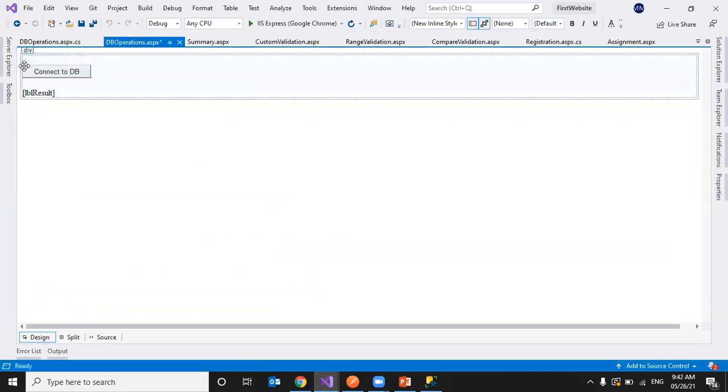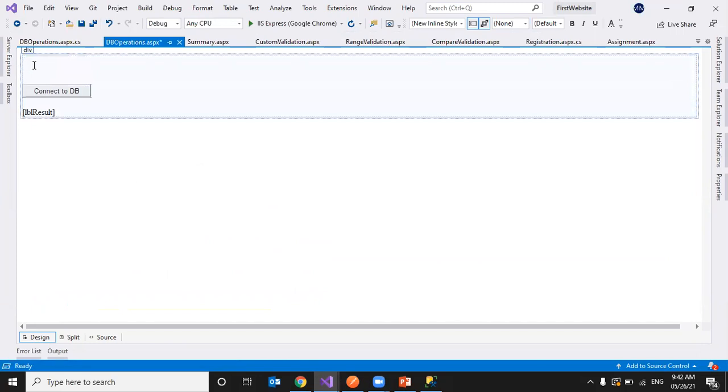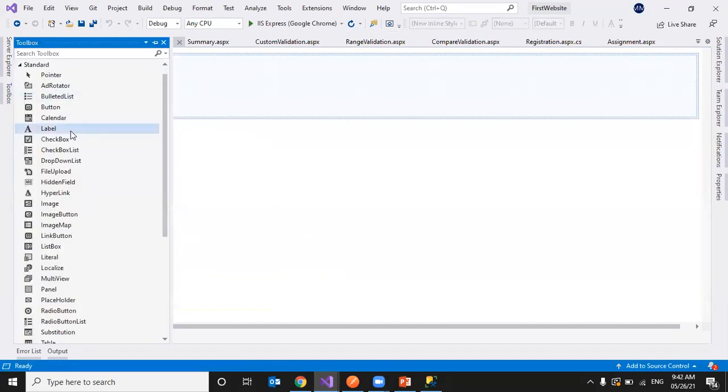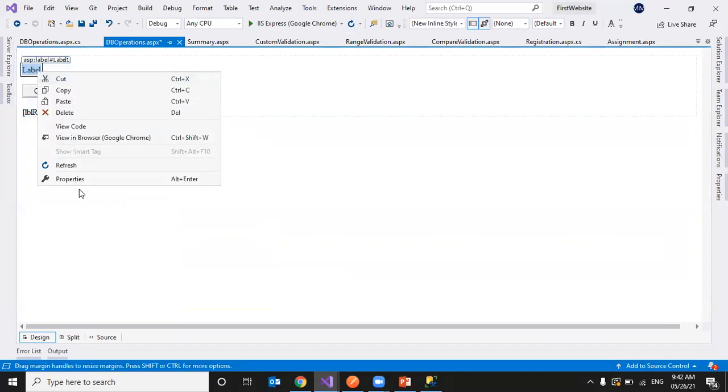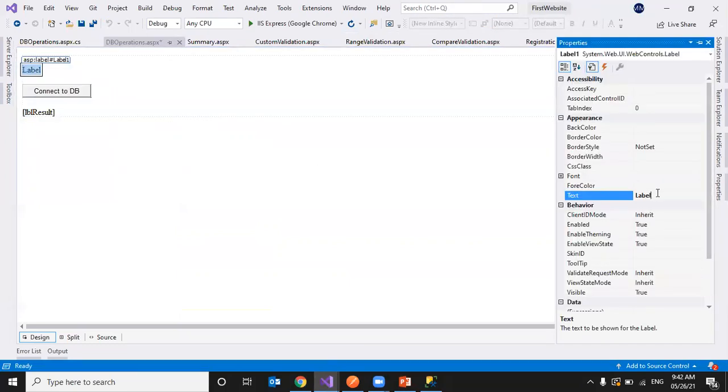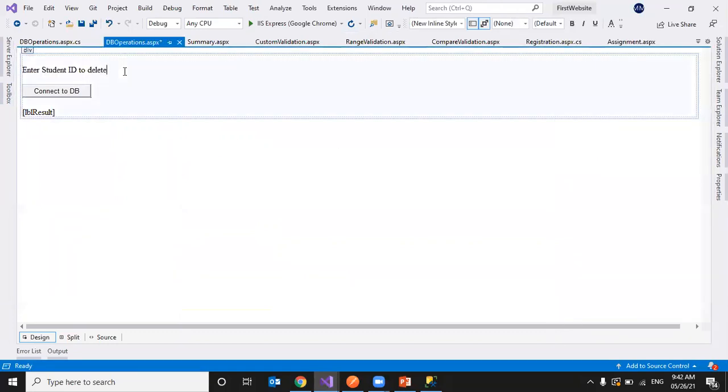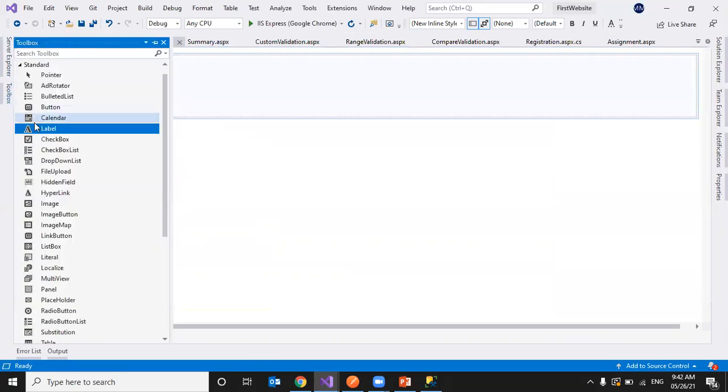So now what I'm doing, I'll take a label first, with the text: Enter student ID to delete. So I took a label and I placed a text box beside it.